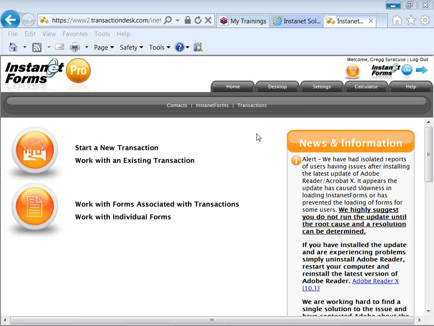the essence with those attendees who are present. And we are looking at the home tab of our InstanetForms only account. And like I said, all we have access to in this type of account is the forms library. We don't have access to DocBox, document management, task management, and those other features that are available